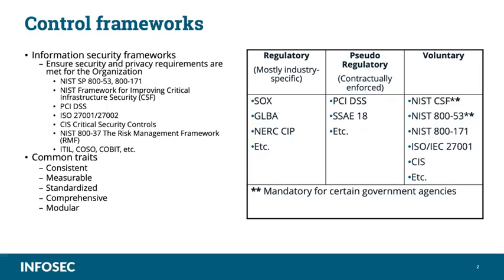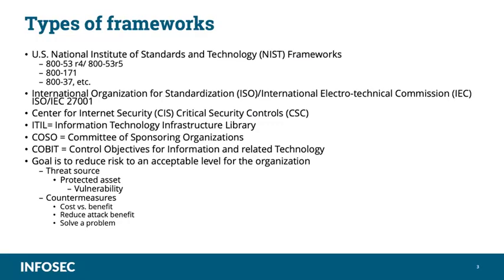Comprehensive, well, what we mean here is that they have to cover the minimum legal and regulatory requirements of an organization and be extensible to accommodate additional organization-specific requirements. When we say modular, we're talking about only the controls or requirements needing modification are reviewed and updated for that organization. One example of a control framework is the United States National Institute of Standards and Technology, NIST, Special Publication